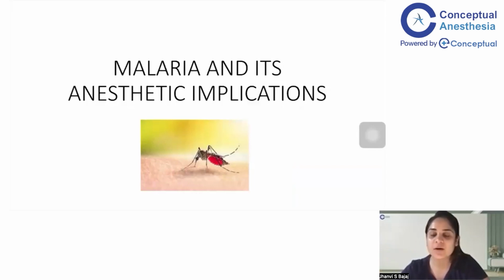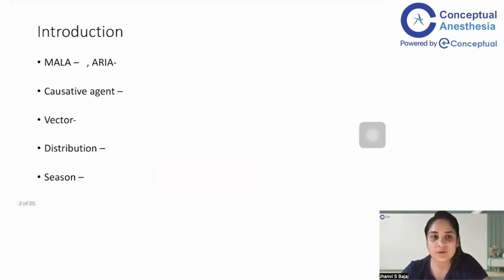So you may encounter some patients who may have acute malaria or someone who has suffered from malaria in the past. So you should know what happens in malaria, what are the causative factors, what is the pathophysiology. And when you encounter a patient who has had malaria or is currently having malaria fever but has to undergo an emergency surgery, what are the things that you should keep in mind? And you should definitely ask in the pre-op phase. All right. So with that, let's start off with our main topic.